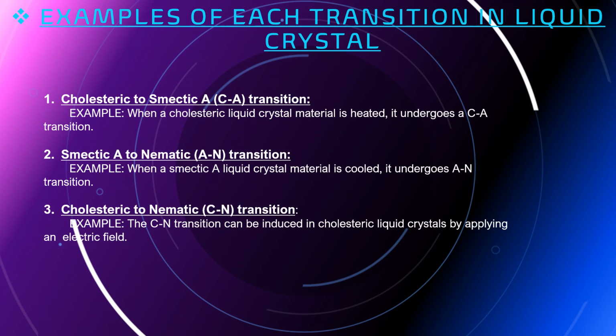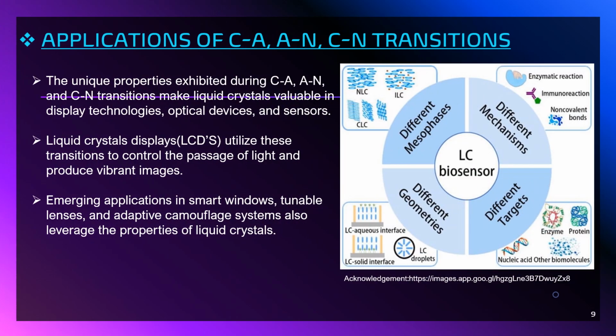This example illustrates how different transitions in liquid crystals can be utilized in various applications. We will learn more applications in the next slide. The applications of the CA, AN and CN transitions in liquid crystal technologies vary depending on their properties and characteristics. The unique properties exhibited during CA, AN and CN transitions make liquid crystals valuable in display technologies, optical devices